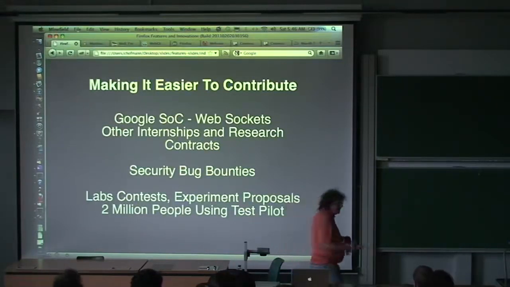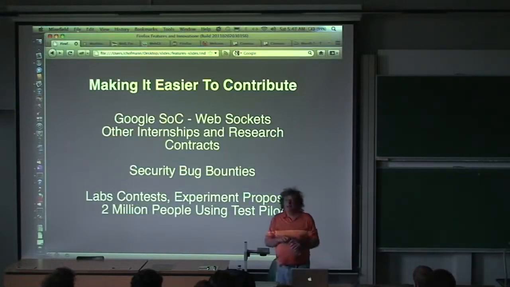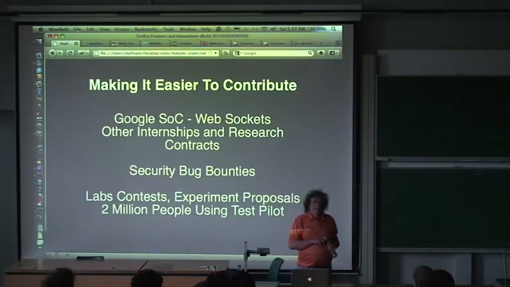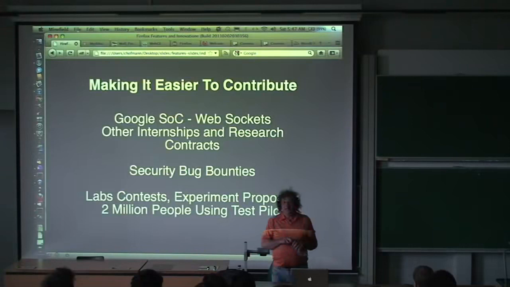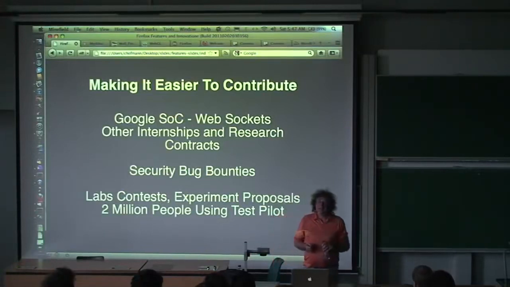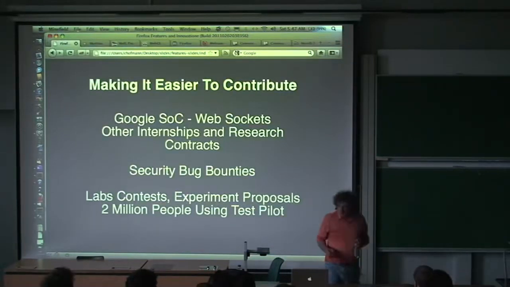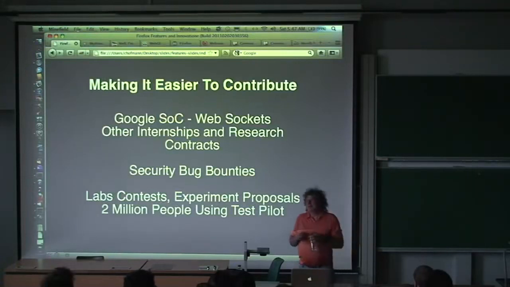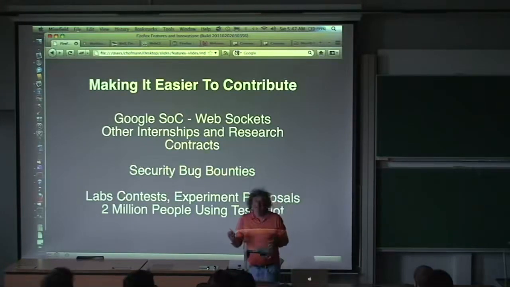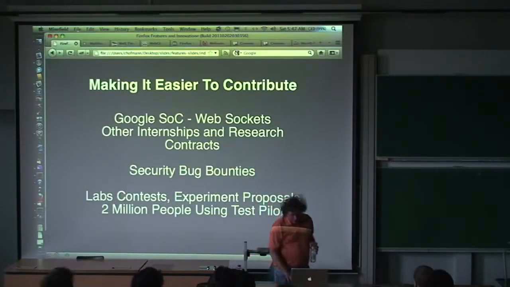And we also have ways to test out your ideas with a program called Test Pilot. It's integrated into betas. And we ask users if they want to opt in to sending information about the individual studies that we're running, so we can start to collect statistics on how many tabs people have open, how many bookmarks, how they use the browser. So it's allowing us to design the features a lot better. So there's opportunities for you to create one of these studies. There's also opportunities to help us evaluate the data and display it in interesting ways so that we can learn more